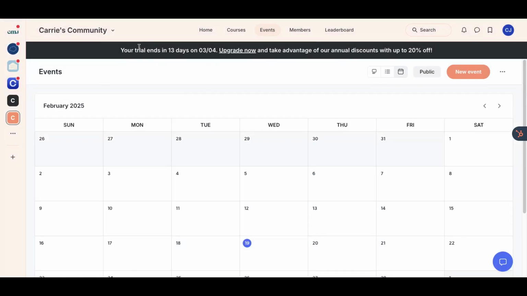And then inside of your events, you can toggle on settings that auto email people to tell them when you've posted a new event. When you do that, you don't even have to write an invitation email. It immediately goes out to all of your members at once, which is just so cool. It's such a huge time saver.